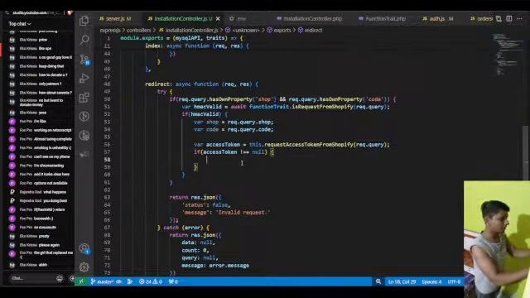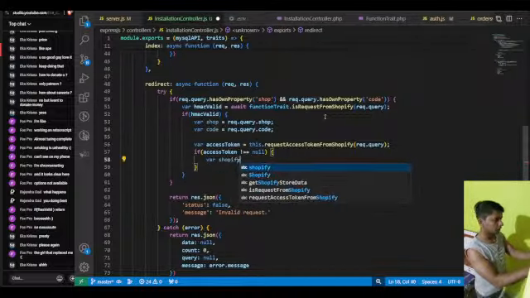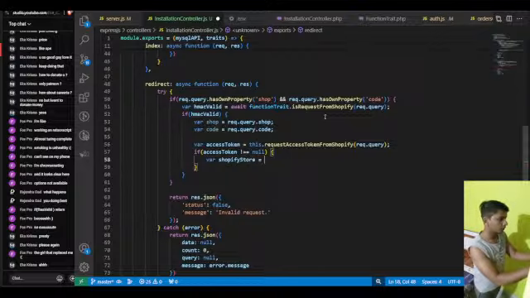Sounds cool. Anyway, if access token not equal to null, then Shopify store equals